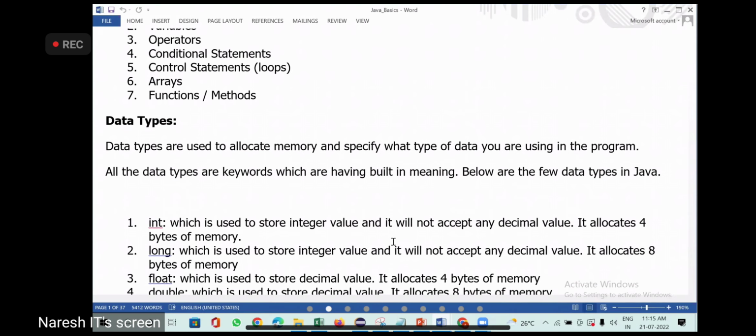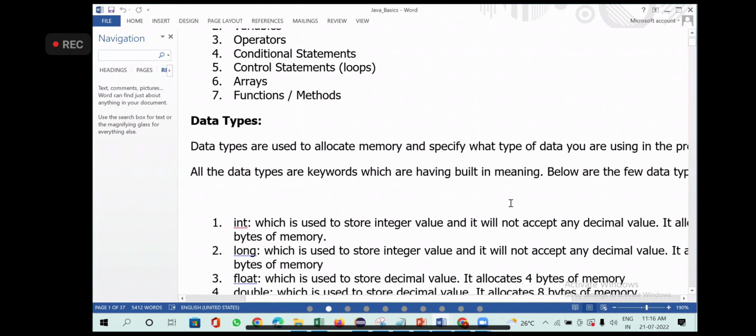So father will get properties from grandfather. Child will get properties from father. Simple real-time concept, right? If your grandfather has given some properties to your father, you will get those properties from father to you. Same concept here. Property is what? Code. Property means code. The major purpose of inheritance is what? Reusability of the code. Someone has written it, you just go ahead and use it.